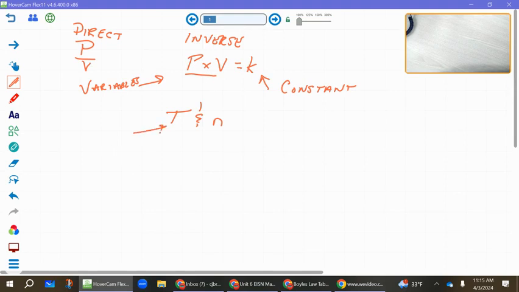For Boyle's law, these two things are constants. And P times V equals a constant, a number that does not change. What that means is if I know a pressure and a volume, it is equal to a constant. But a different pressure would give us a different volume, and they should still be equal to the same constant,